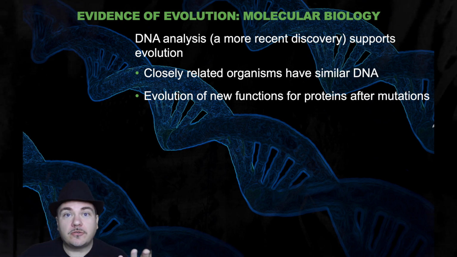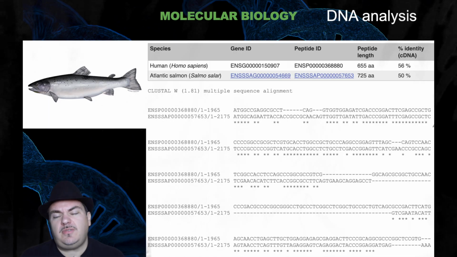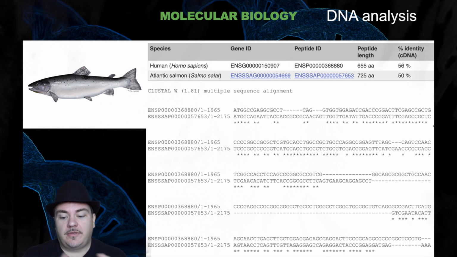I looked up my favorite gene, FOXO. FOXO is probably related to aging, that's why it's my favorite gene. But I looked up this gene in humans and in salmon. We can compare the DNA sequence of this gene because these species both have this same gene. They've just evolved a little bit separately over time. Basically, humans and salmon share about 50% of the DNA being identical for this particular gene.